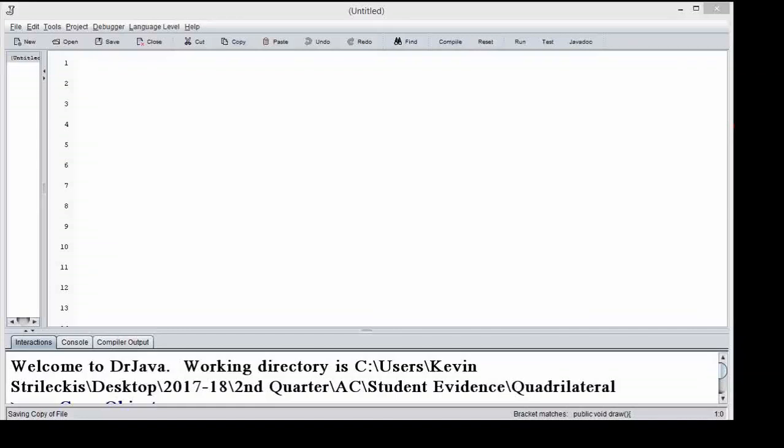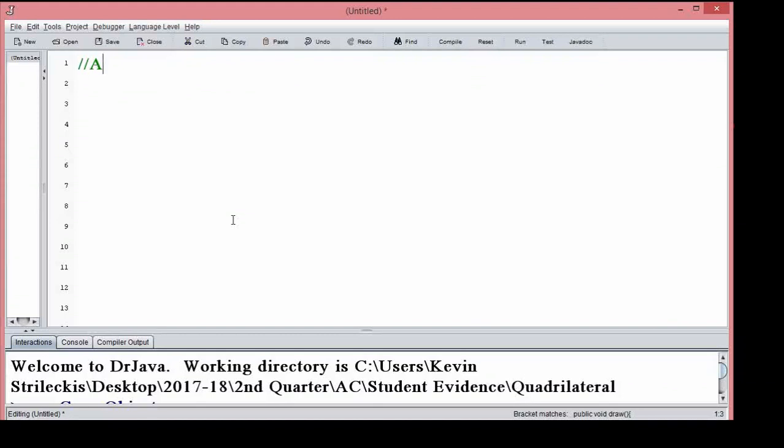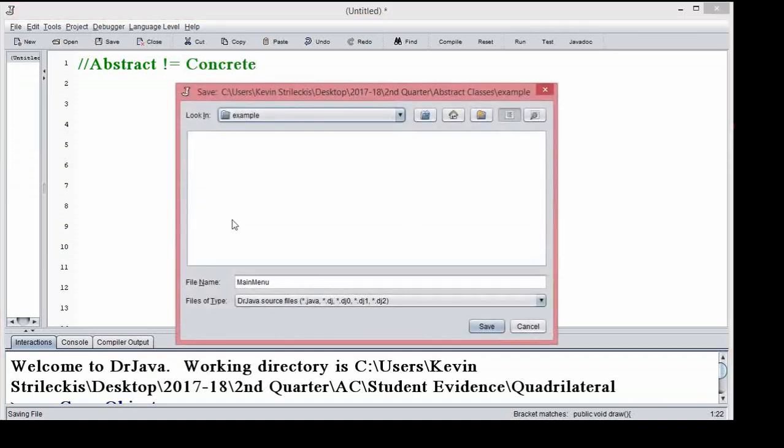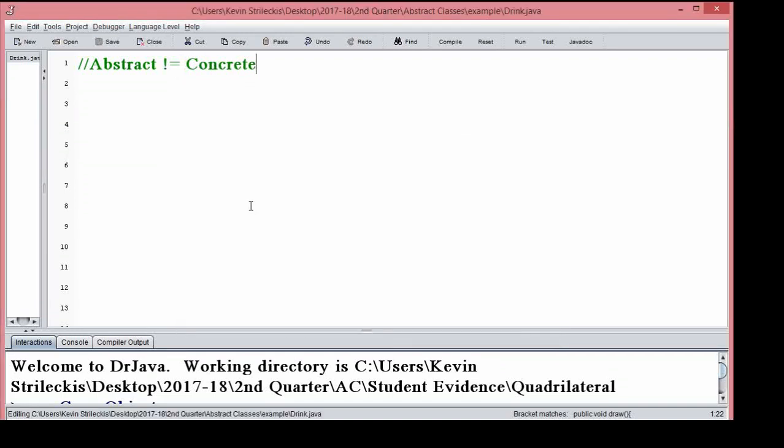Okay, hello everyone. So let's talk abstract. We're going to abstract, and let's just start thinking about what this all means. Basically, it doesn't mean concrete. In case you're not very clear about what abstract means, or what concrete means, abstract means intangible, vague, nebulous, not really clear, or simply a concept rather than an actual physical item. Concrete would be an actual physical item.